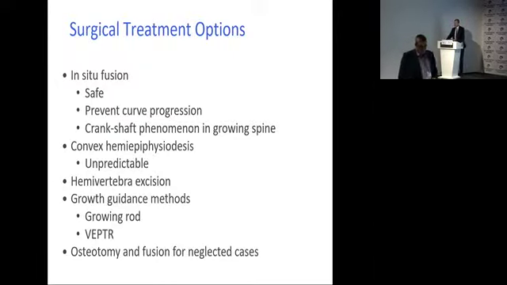We can do convex hemiepiphysiodesis. This is not that common in recent years, but it used to be very popular. But the problem with convex hemiepiphysiodesis is that it is unpredictable. So you cannot predict whether it's going bad or going good. So it's difficult to actually